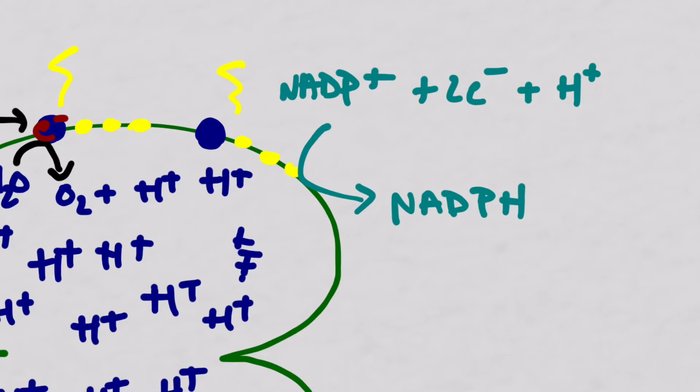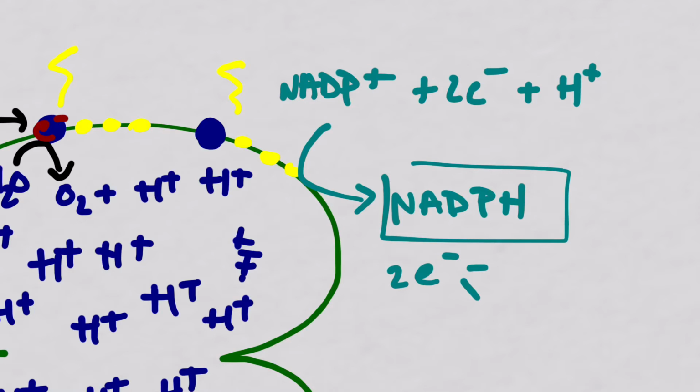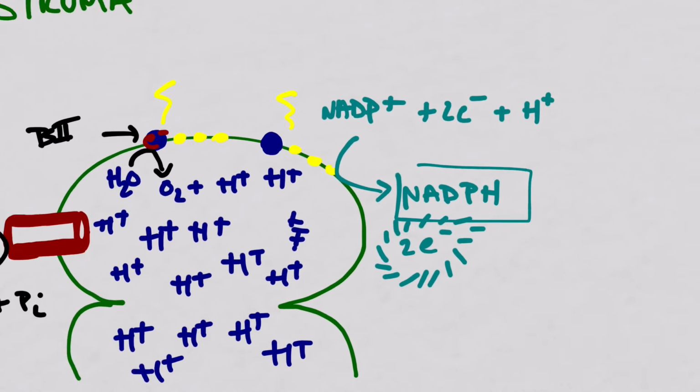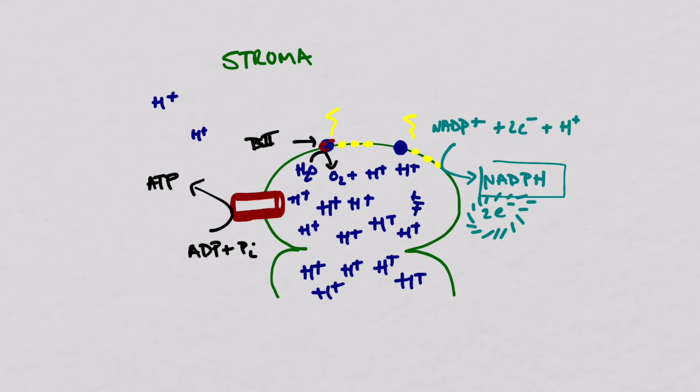Now, the important thing to remember about NADPH is that it has 2 high-energy electrons in it. And so these electrons can be used to do work later on. So both NADPH and ATP are created in the stroma, and we're going to talk tomorrow about how they are used to